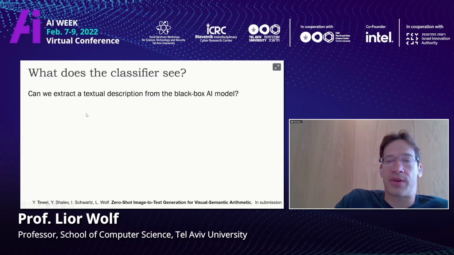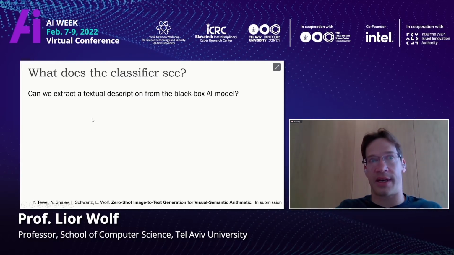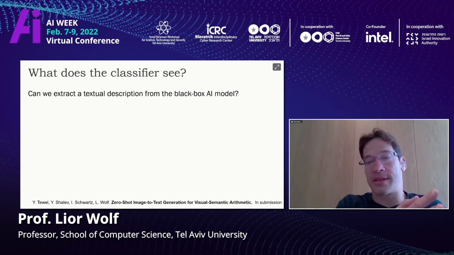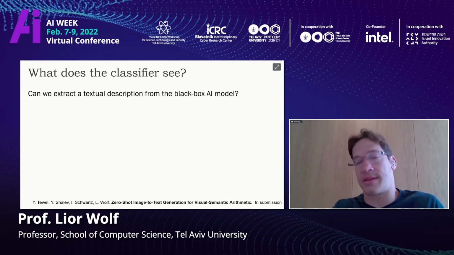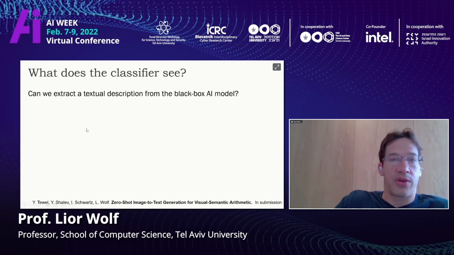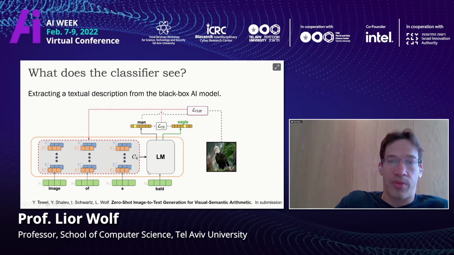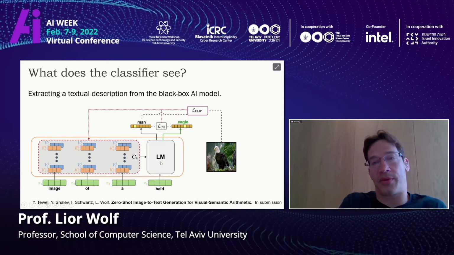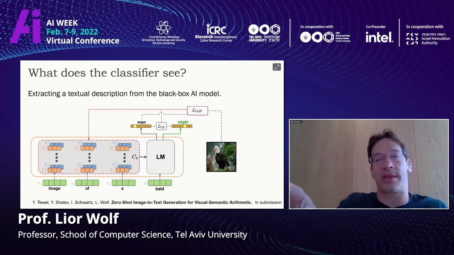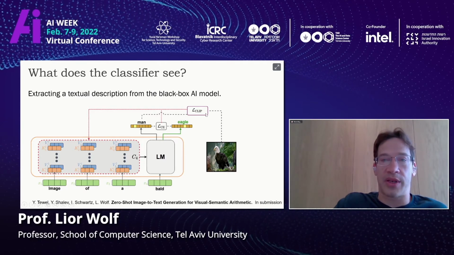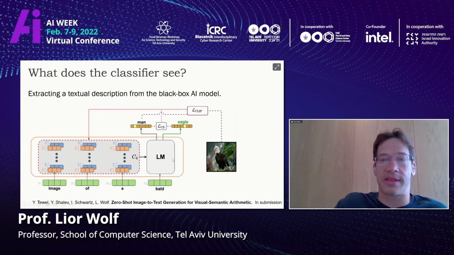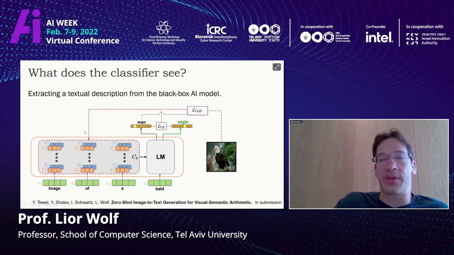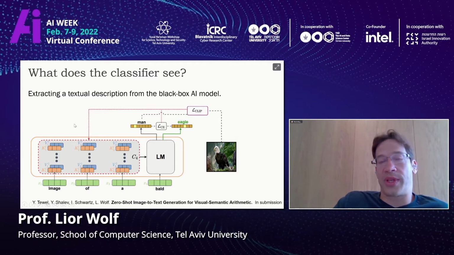Now, we want to understand what's going on inside of CLIP. We want to go inside and read what CLIP is thinking. Now, CLIP can match sentences, but it cannot generate sentences. So this is a work by Yoad and Yoav that basically combined a language model. A language model is a model that, given a sentence or a part of a sentence, always generates the next word in the sentence. And it was combined together with CLIP in order to generate sentences that match the image. This is done in a very elegant way, without any training. I'm not going to get into the details.